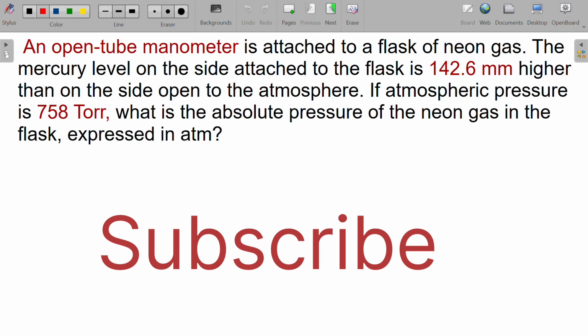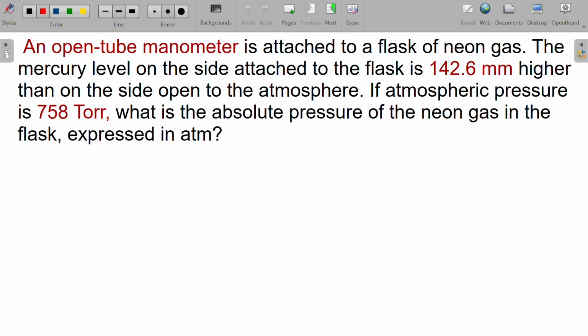Hello viewers. So we have this question under gases. It says an open tube manometer is attached to a flask of neon gas. The mercury level on the side attached to the flask is 142.6 millimeters higher than on the side open to the atmosphere. If atmospheric pressure is 758 torr, what is the absolute pressure of the neon gas in the flask